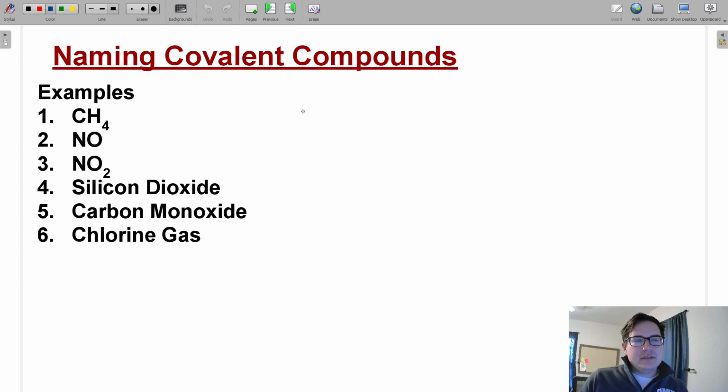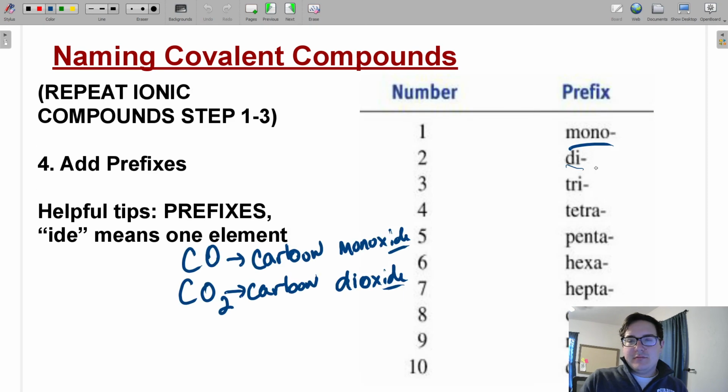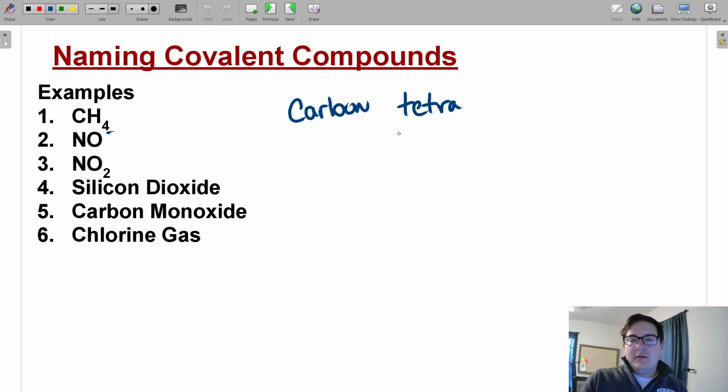CH4. Well, C being carbon. Now we have to look at this 4. So what's the prefix for 4? And that would be tetra. And let's just write here is tetra. Carbon, tetra, hydrogen. Well, if we look at hydrogen,